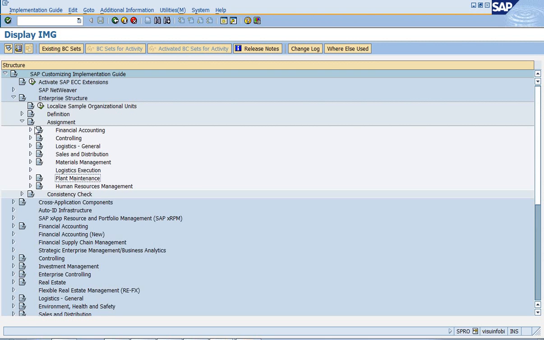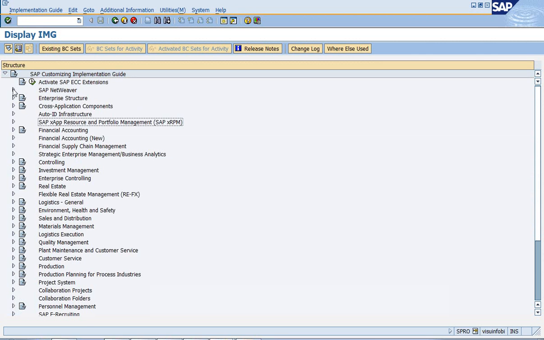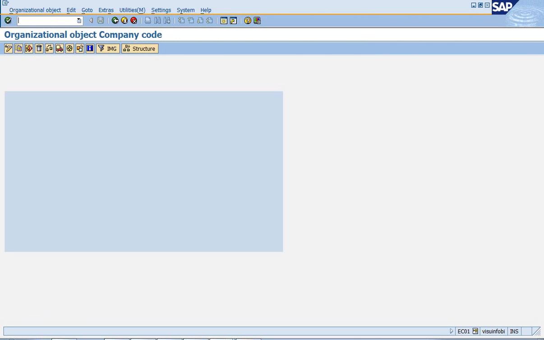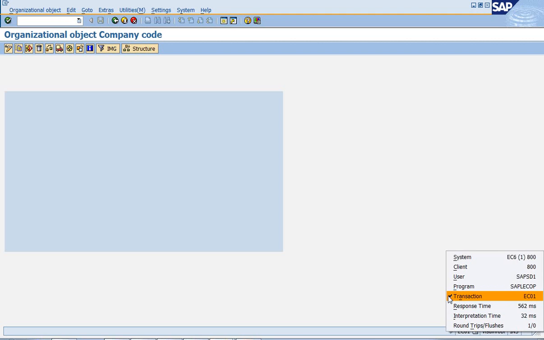If you want to see what all the links you have established, whatever the things you have defined, get into the T code called EC01. When you enter this command, you will see an overview of your enterprise structure in SAP, how it is going to look. Simple step: this is an area where you can see in which transaction code you are working on. So here you can see this box, and all the time make it transaction. It's going to display in which T code you are working on all the time.